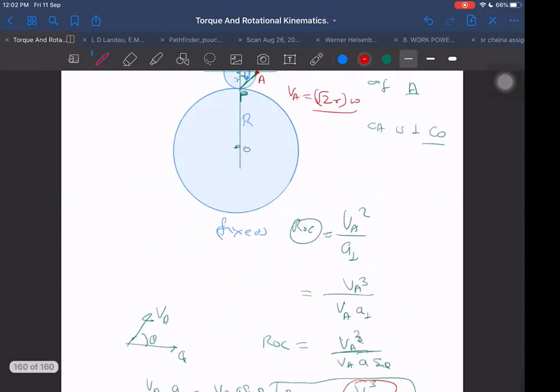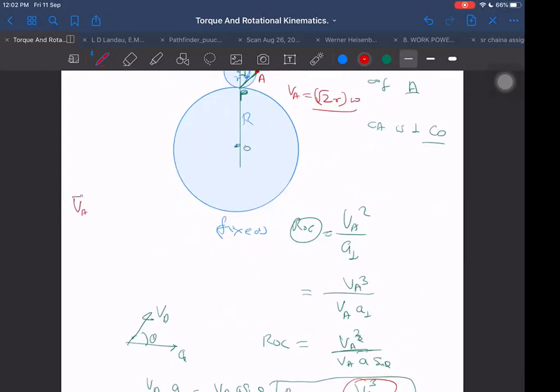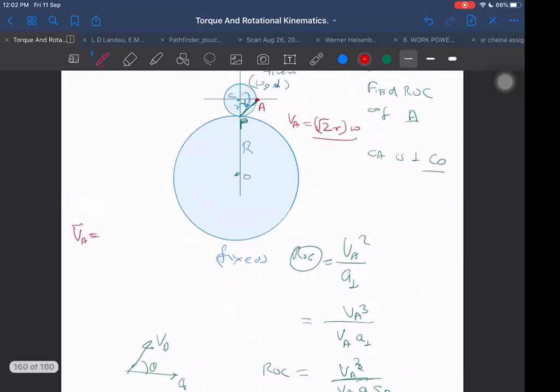For the denominator, I have to write VA in vector form. VA in vector form will be what? It will be easier if I do that. So we know VA is in this direction. So VA will have two components, one along X and another along Y. And the 45 degree angle, I think we can see clearly. Can you prove it is 45 on both sides? It will be VA by root 2 along I cap, and VA by root 2 along minus J cap. We know VA in vector form.